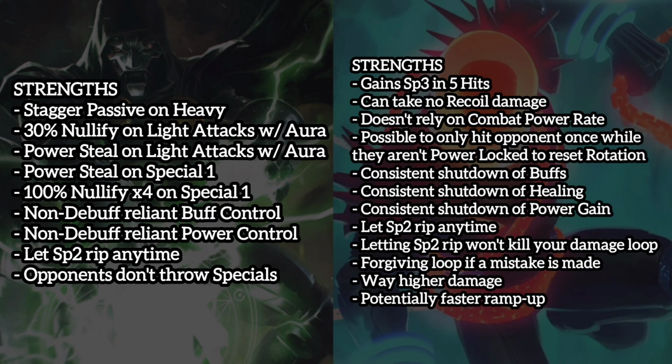The heal block during Damnation as well is really nice. And also there's the shutdown of power gain that I already went on a crazy tangent about. Same as Doom, you can let the special 2 rip at any time. You can just throw it with 3 Furies, get a ton of armor breaks, do a ton of damage, and